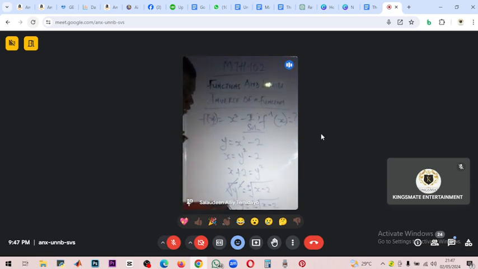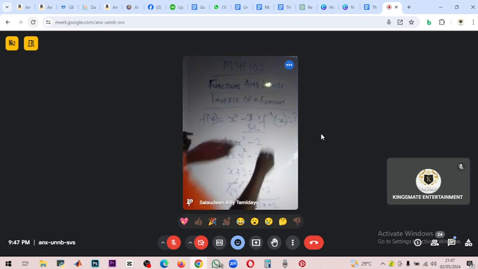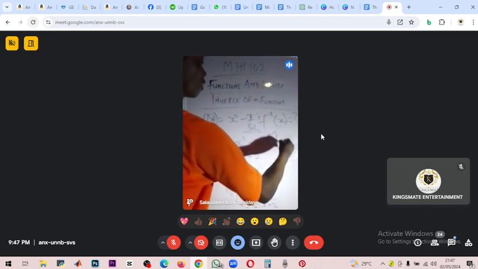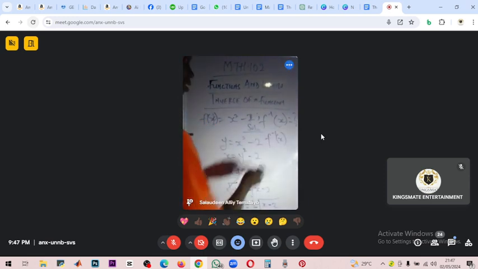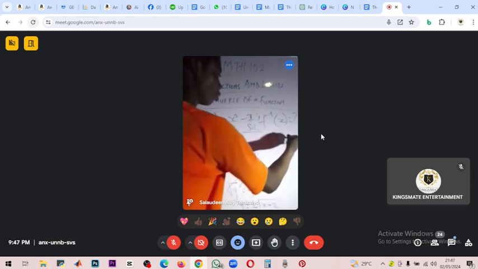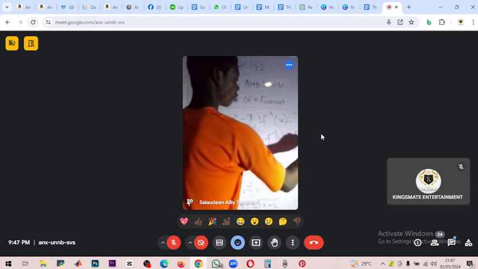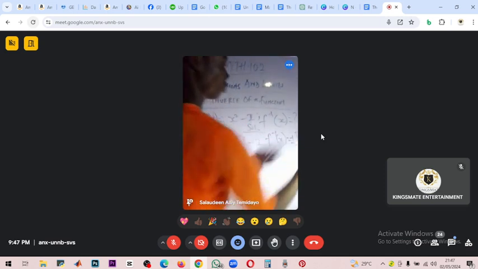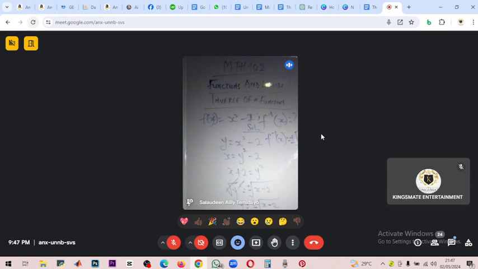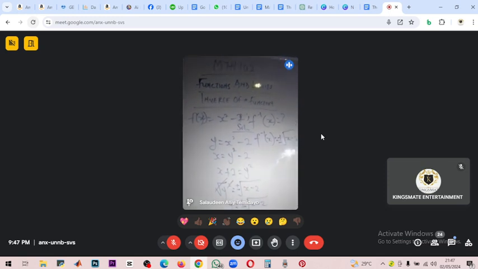We've gotten it as y, right? So now change it back. Say f inverse of x. Instead of writing y, write it as f inverse of x equals plus or minus square root of x minus 2. Write this down first. I'm going to do another example and mention the rules. You just write the rules out, the steps. Write this down first.